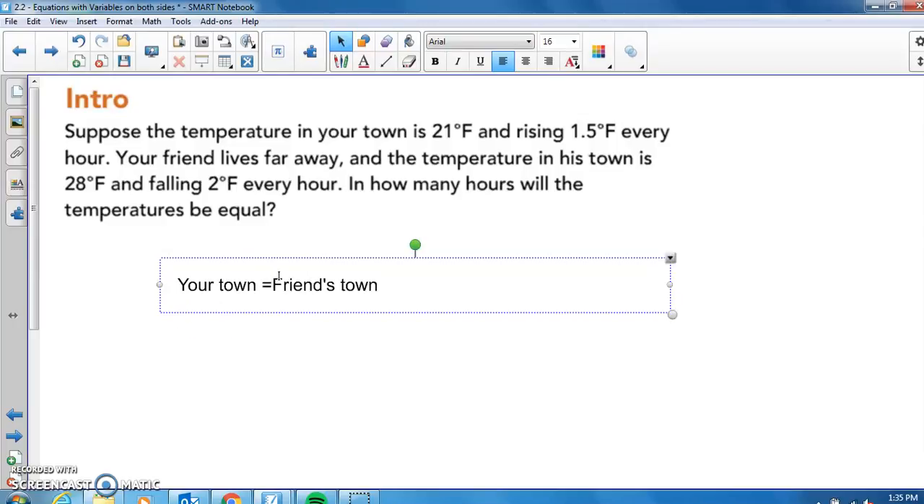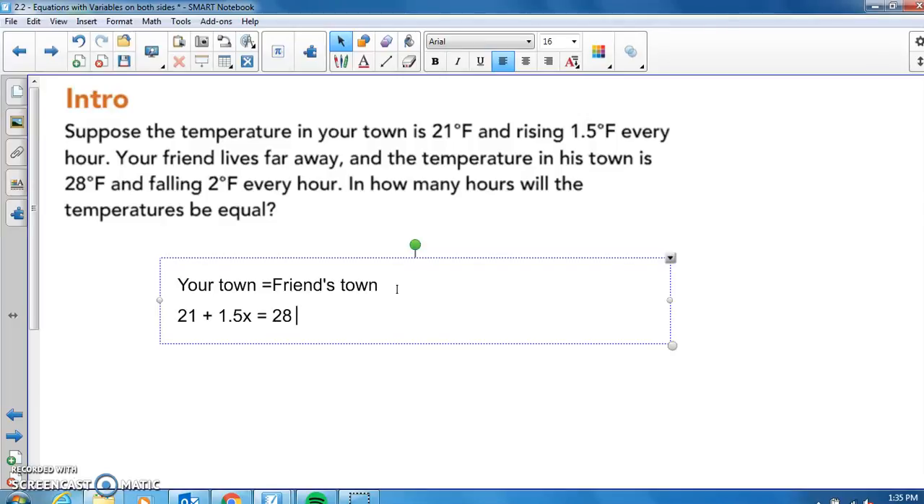All right, so we know that we have your town and we have a friend's town. Your town is 21 degrees, and the temperature rises 1.5 degrees every hour. So for every hour, it rises 1.5 degrees. So that means in 1 hour, it rises 1.5 degrees. Second hour, another 1.5. So I'm going to say 1.5x equals,